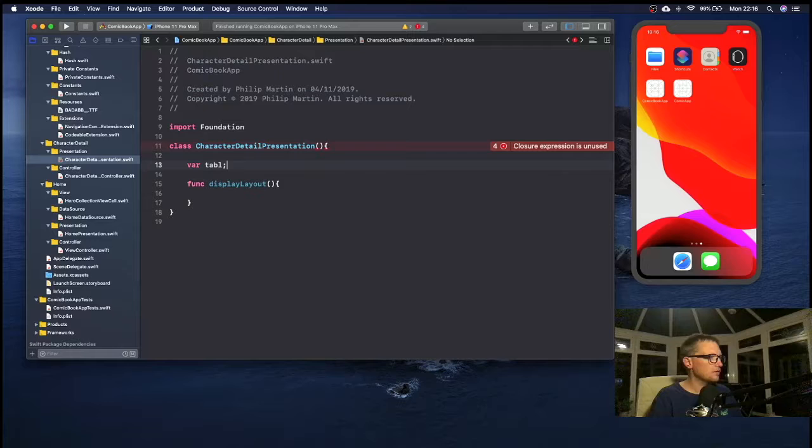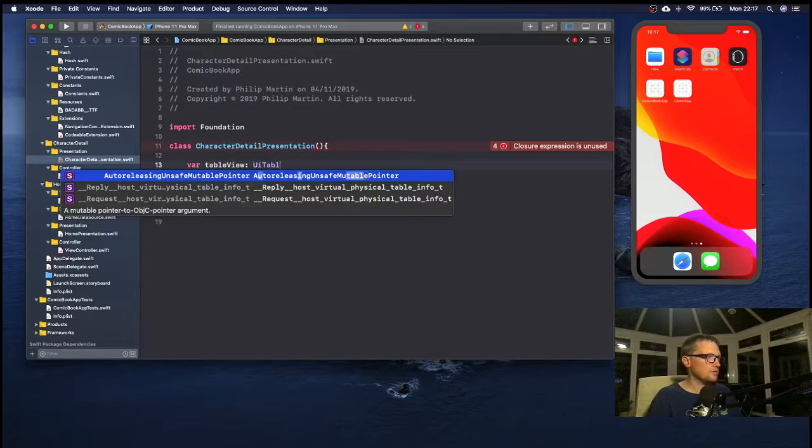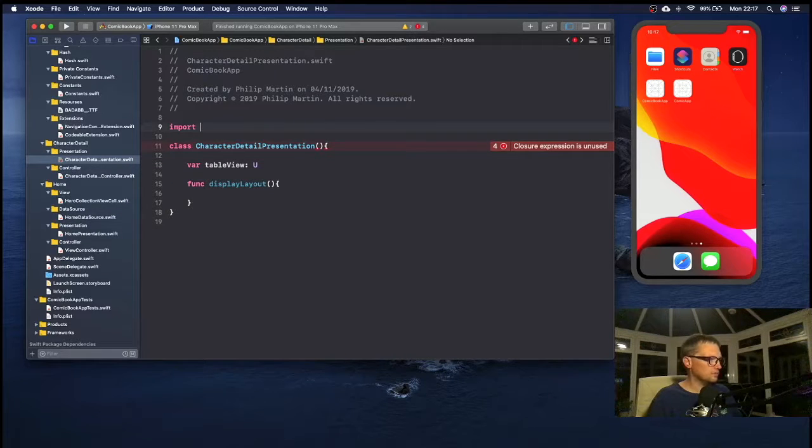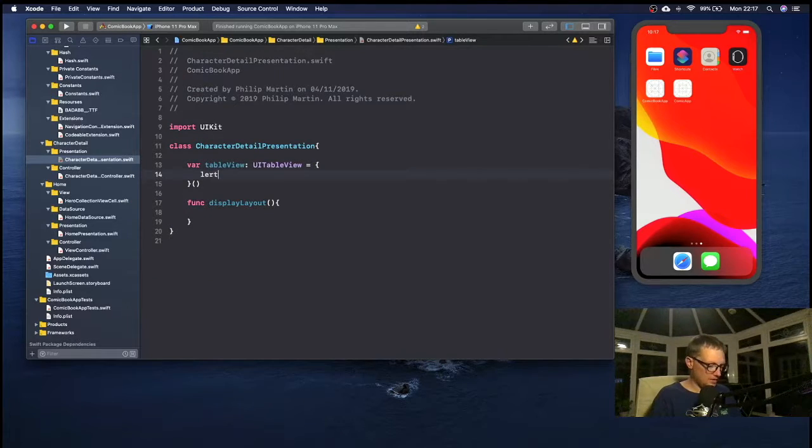Then up here we need to do a var tableView. It's of type UITableView. Oh, mustn't forget to import. What am I doing? Don't need that either. UIKit, very important, because it won't find the UITableView from Foundation. So UITableView, then let table, return table,